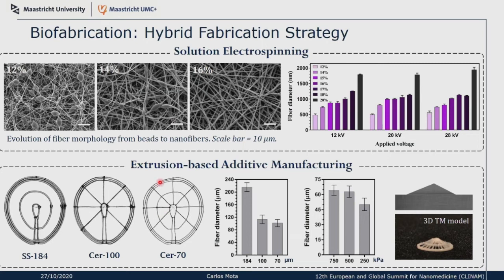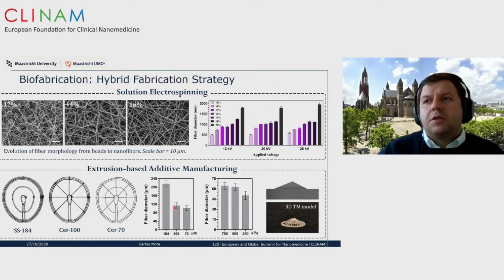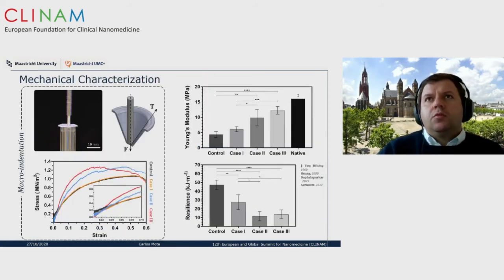And then the extrusion patterns with the 3D printing technique that we use on top of these electrospun meshes, we also wanted to optimize, because in the total implant we wanted a thickness of around 70 to 100 microns. By optimizing the 3D printing technique, we can produce fibers of around 50 microns, and with the combination of the electrospun mesh we are normally below the 100 micron threshold that we were aiming at.